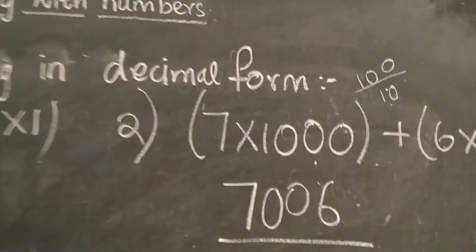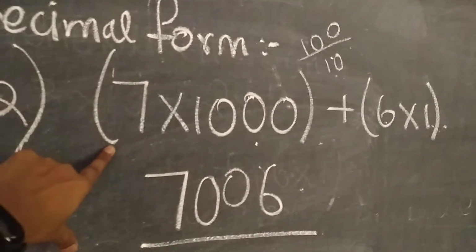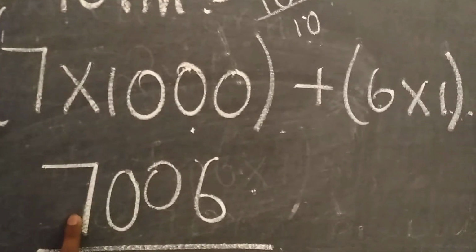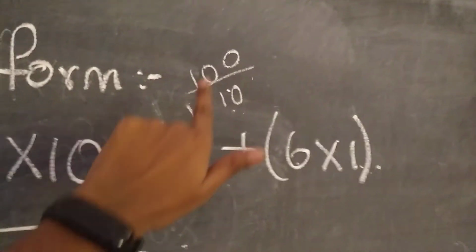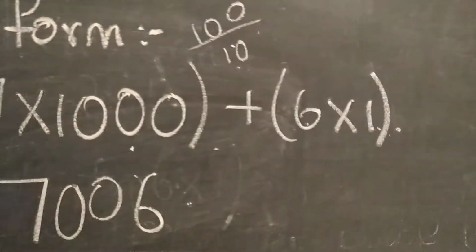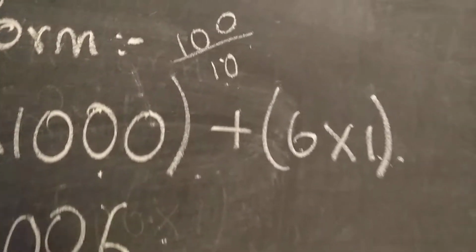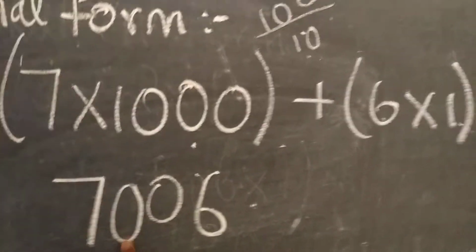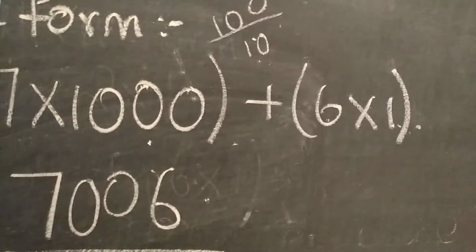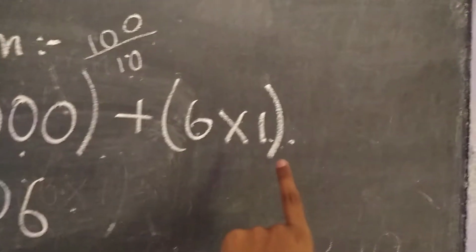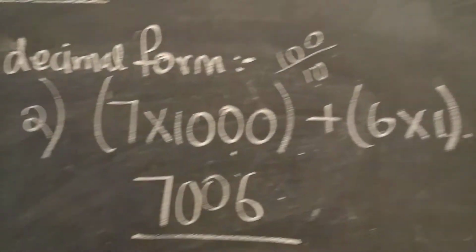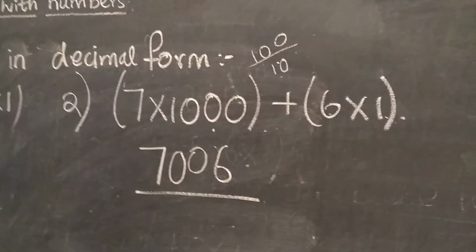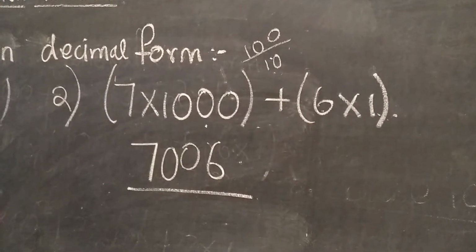See, I will explain again. The question is 7 into 1000 plus 6 into 1. Correct? We can write 7 as it is. After 1000, the 100 place should be there, but we don't have any 100th place here. Since we don't have it, we are going to write 0. Again we don't have a 10th place, so again we are going to write 0. But we have the units place with a number called 6, so I am going to write the number as 6. I hope you understood very well, but I will teach you with another example.